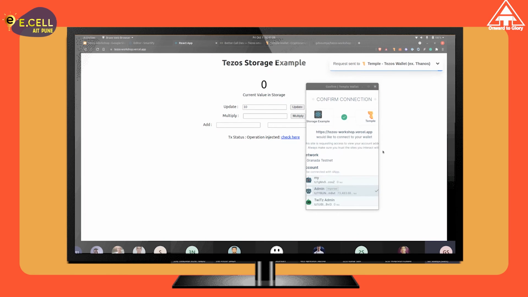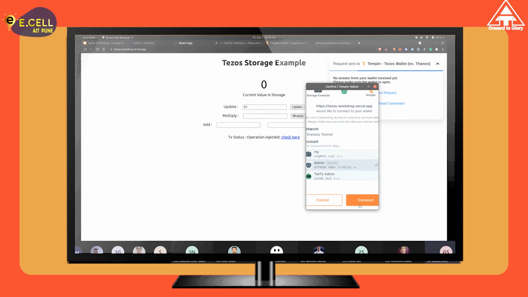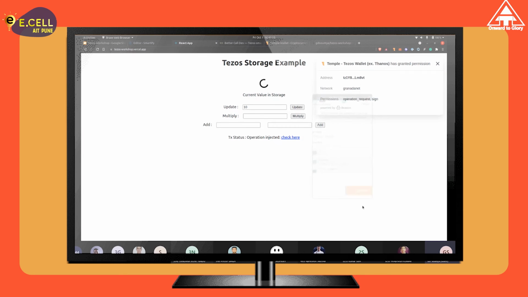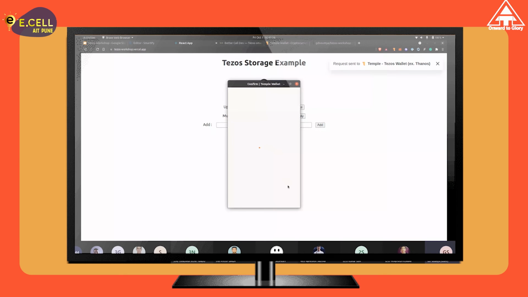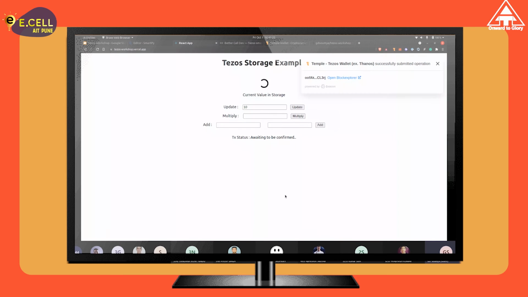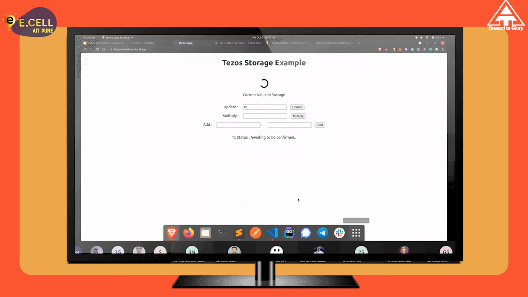But basically, once you get the wallet, you can connect the account that you want to use and then send a transaction. Once you send the transaction, you are basically done. Once the transaction is confirmed on the blockchain, you will see that the value has updated here too. It will take some time to get the block confirmed. While that happens, let's go and set up our other requirements.